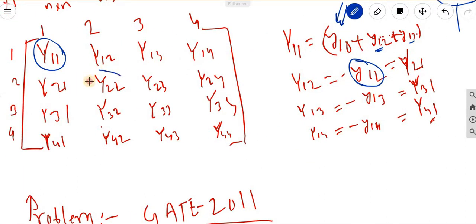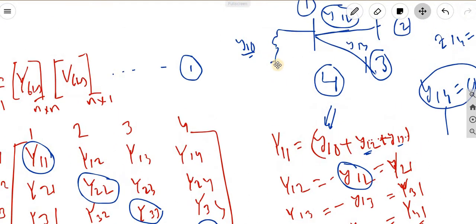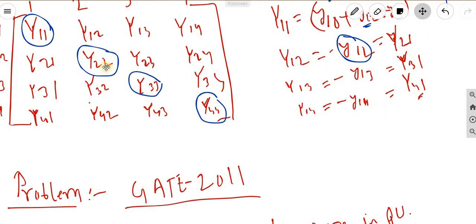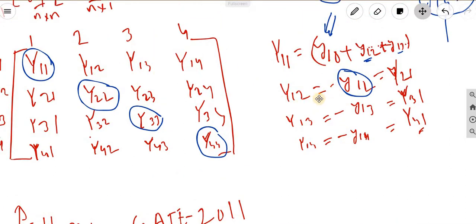So for the diagonal element, all the admittance values add up, even the shunt ones, that means the generator and transformer included admittance, if it is there. So the diagonal elements are like this, and the non-diagonal elements are symmetric also: Y12 equals Y21, Y13 equals Y31, and this value represents minus the admittance value of that line.